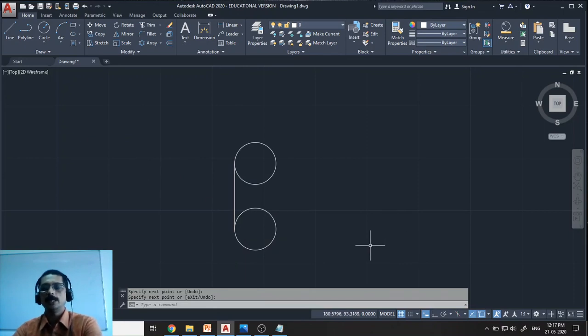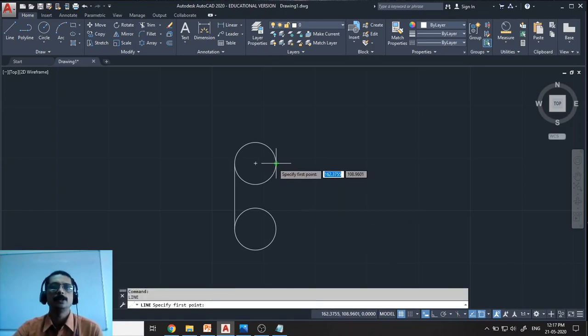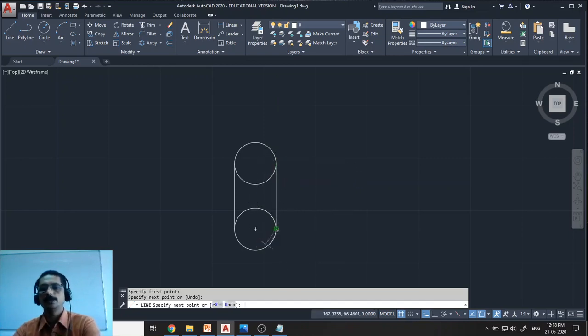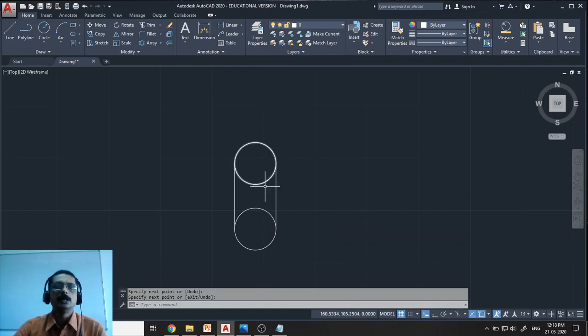Again, I want to repeat the line command, so I'm not going there or clicking that one or typing line. I'm just pressing enter, because if you press enter, the command which you used just before, the previous command, will be repeated. So press enter to start the line command again. First point, this one, second point, I'll pick already. Press enter. Okay, so that portion is over, 2 lines are drawn, and I don't want the inside portion here,